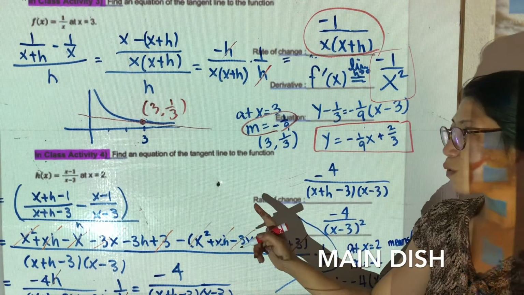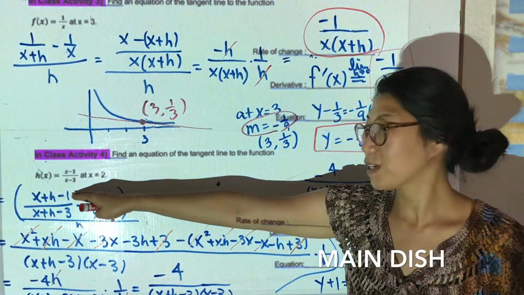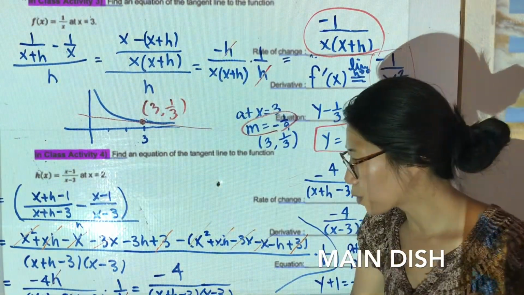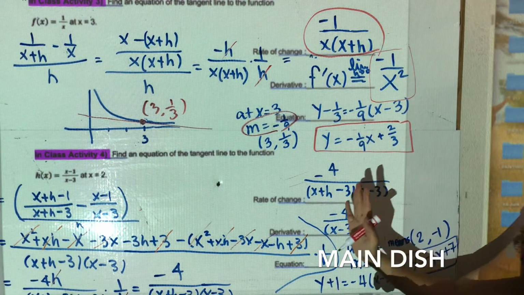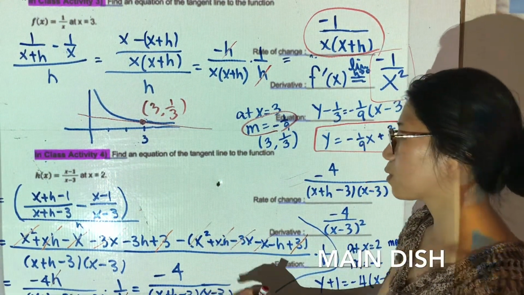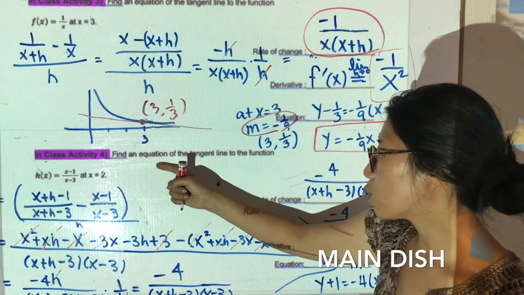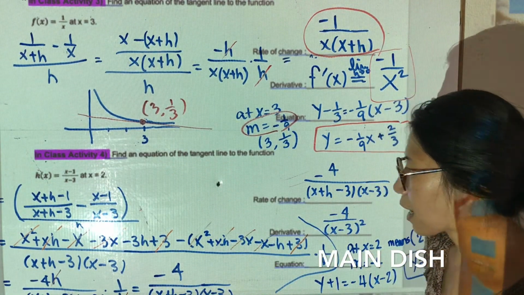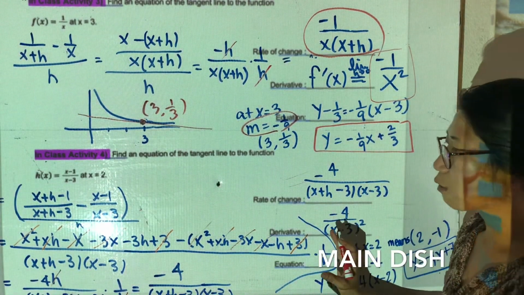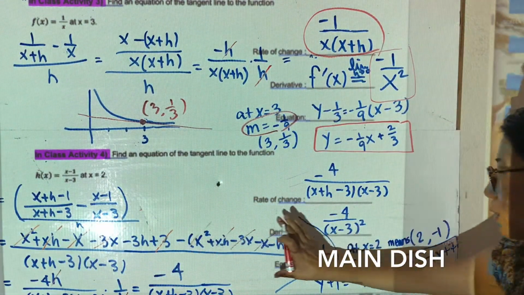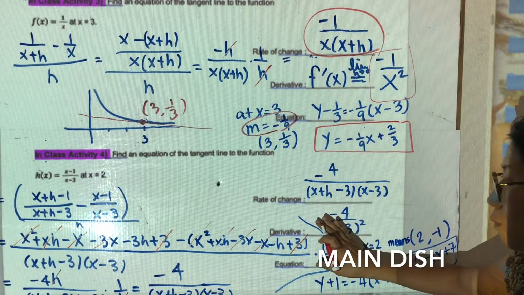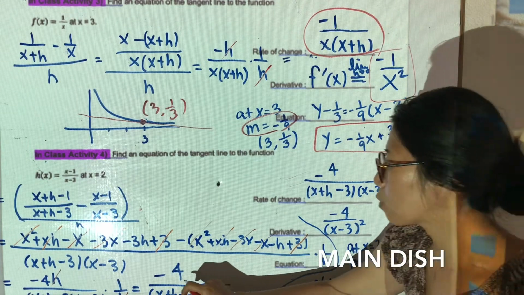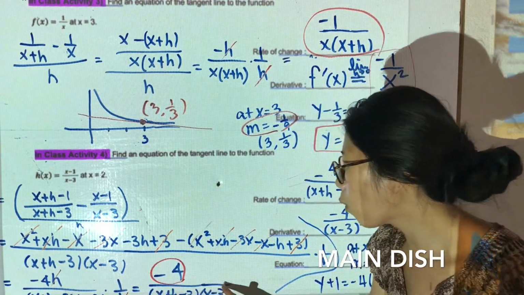So let's check one more. You guys have been practicing this big one in the last section, last chapter, several times. So we've been preparing for this one. So now when you do rate of change, check one more time. You just need to be very careful with this first step. If you are very careful about it, the rest of them cancel out and turn out to be -4 over